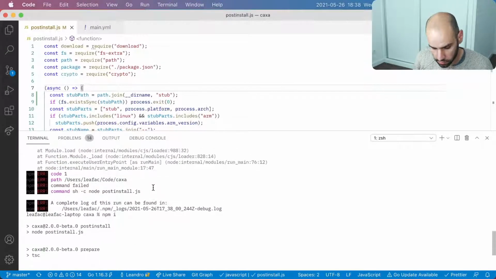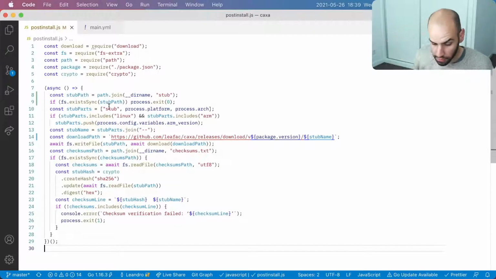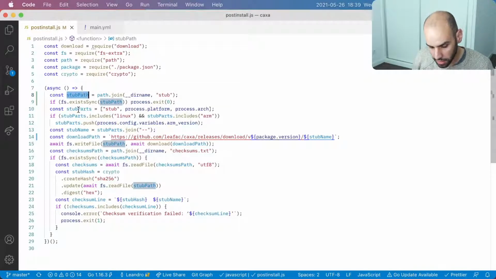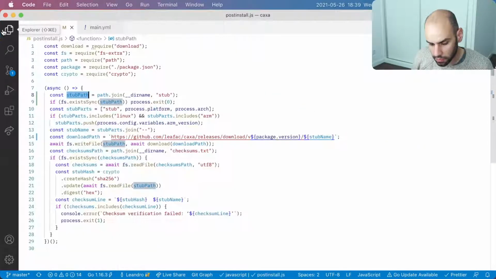And now, yeah, as expected, this npm install succeeded. So let's go over this script again to see if there's anything else we want to change, because we already found two things we wanted to change here. So we will make some things asynchronous, so this async has to be here, and then we build this stub path, which is just where the stub will be in your file system.